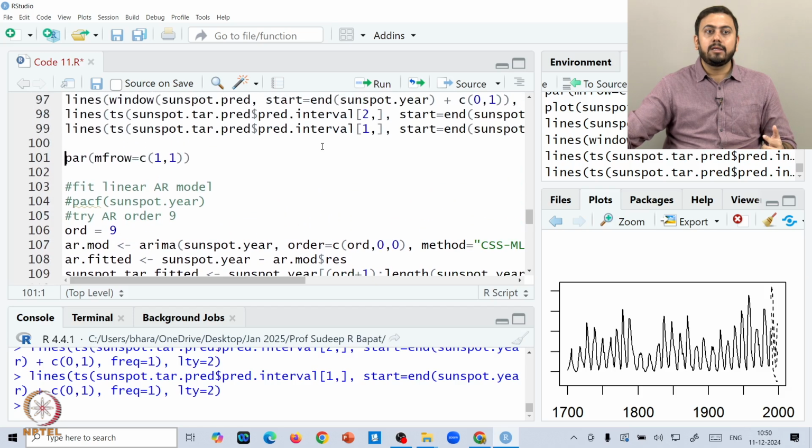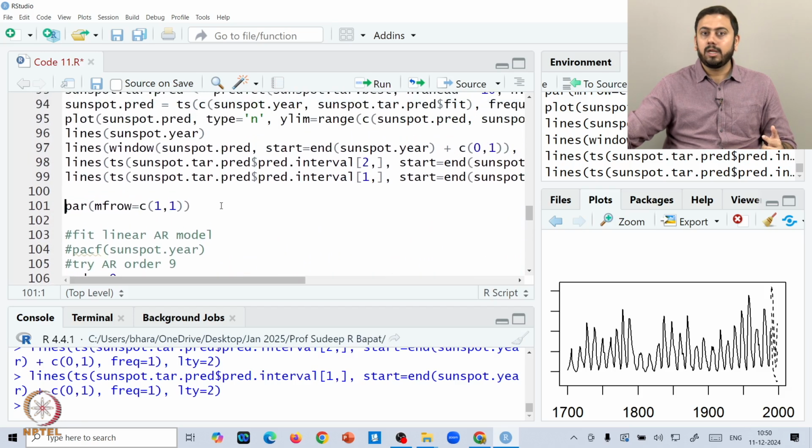So, think that the code has ended here up to line 101 because we have fitted two different models, right. So, TAR model and then SETAR model, and then we have seen that we fitted on two different data sets. So, the Nile flow, sunspots, we have forecasted down the line, we have compared, etc. So, I think this would be a strong understanding about the entire idea about non-linearity.